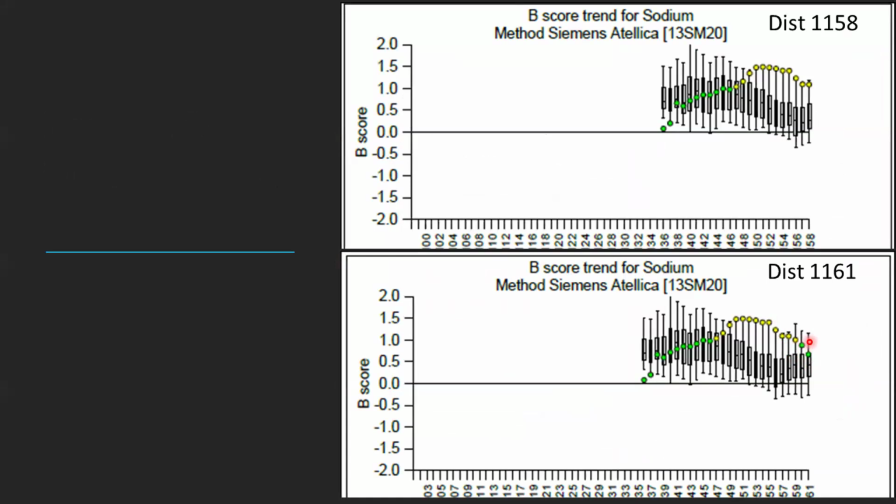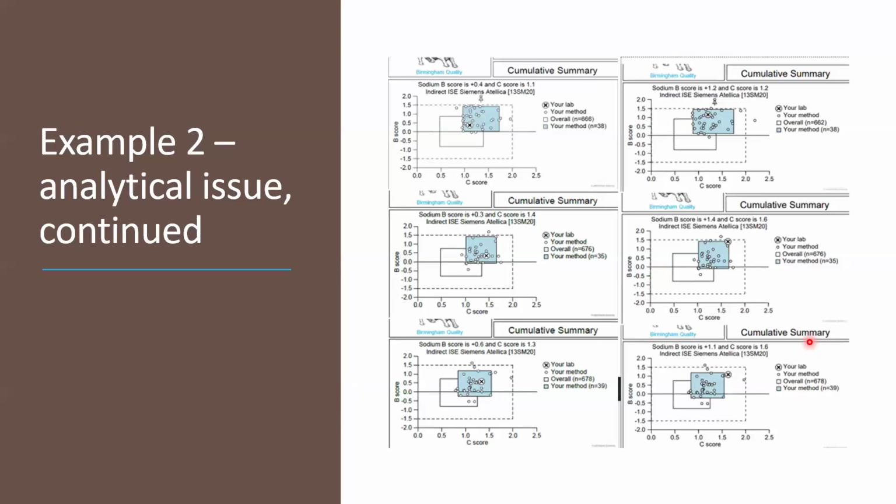And this slide here, which I've skipped and I'll go back to, is showing the B and C box plots for line 1 and for line 2. And we can see that across these distributions, our method is performing well for line 1, and we are in the middle, and on this end there is a bit of a shift, but we are still staying within the acceptance limits,